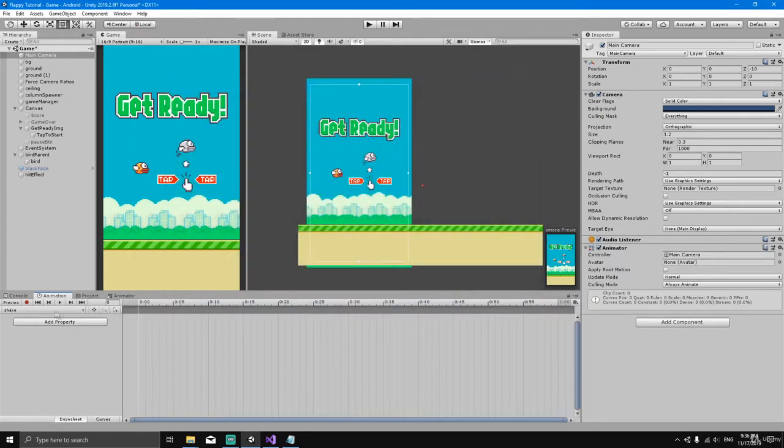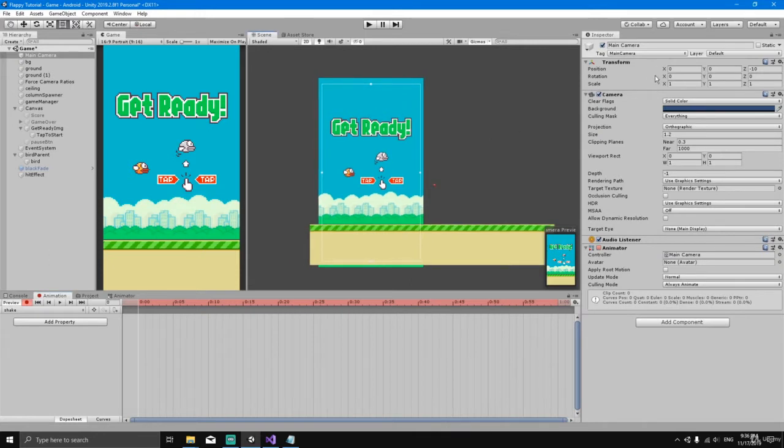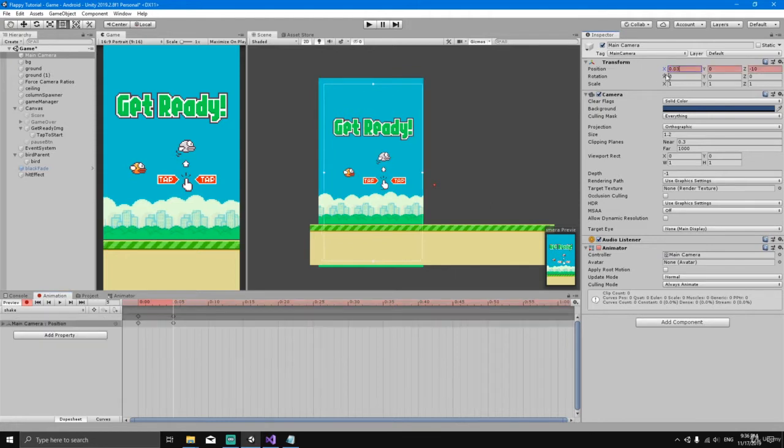So save, and now we can hit the record button, and go to the transform position, where we can change the position of the camera. The first position of the camera that we want is 0 on the x-axis. Then on 0.05 we're going to set the position to 0.03. Then on 0.1 we're going to set the position back to 0, and on 0.15, so